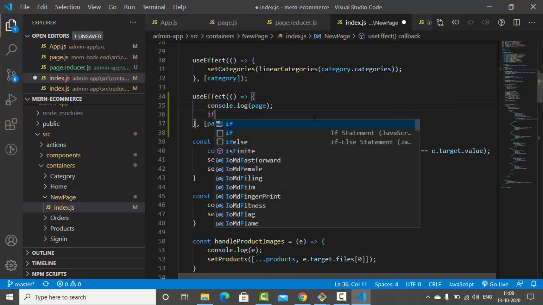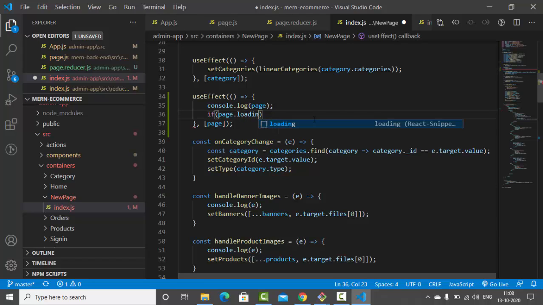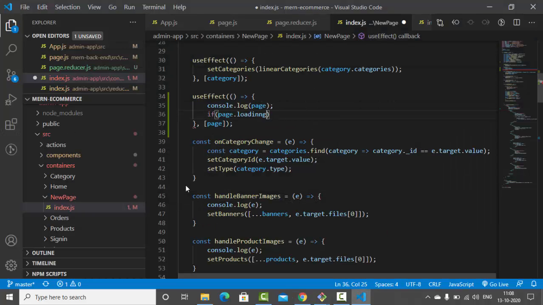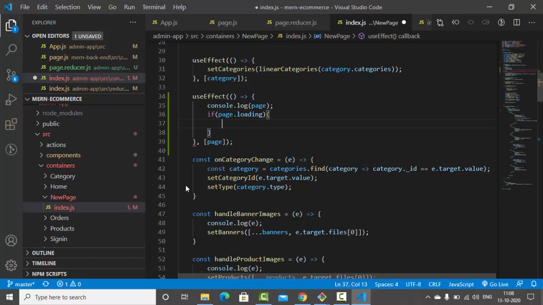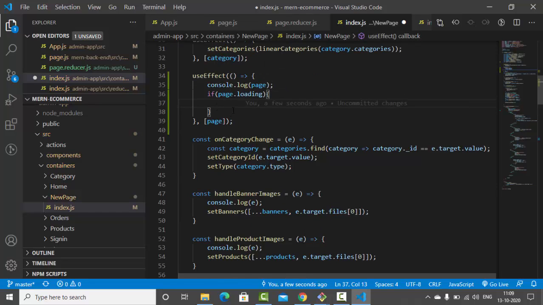Okay, so we'll say if page.loading, page.loading, that is true or false, right? So here we'll say page.loading, and that is for the create page. We can change the variable name like createLoading or createPageLoading or something like that, but just for example, here we can say